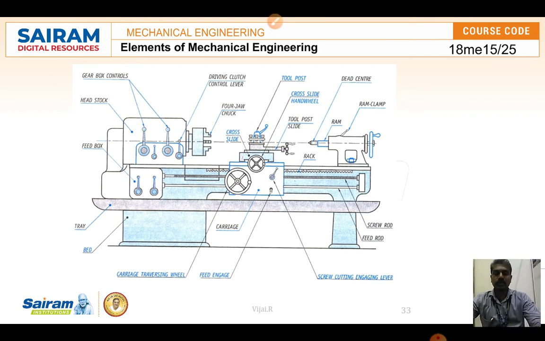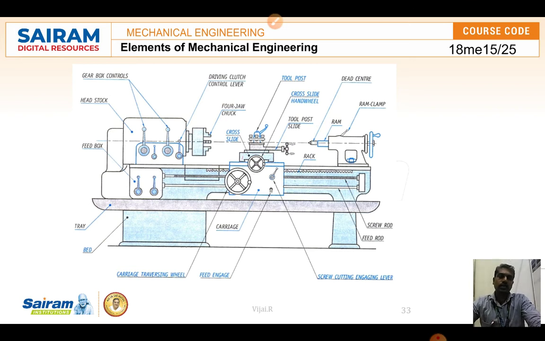In the lathe machine, we have different parts. In the first video we saw that on the left side is the headstock, where the machine control units, levers, belts, pulley drives are, and a spindle which carries the chuck, and the chuck carries the jaws used for holding the workpiece. On the right side is the tailstock, with a hand wheel, the dead center, and the ram which can be moved in and out, used for operations like drilling, reaming, and boring.